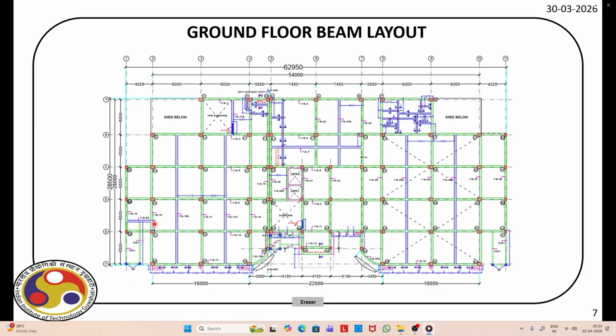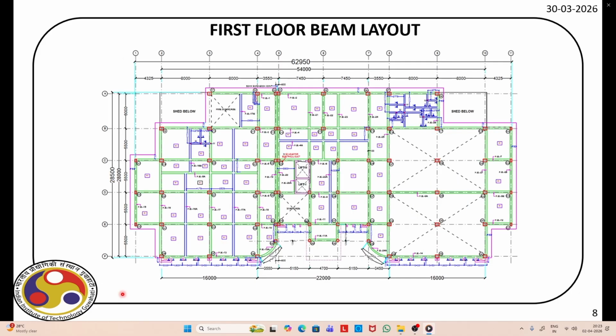Now one thing you must remember is that we can add the floor as a plate element. Each floor slab we can add as a plate element, or shell. Accordingly we can model and do the analysis, but here we will show you how to apply the floor load, and that load will be distributed over the beam.